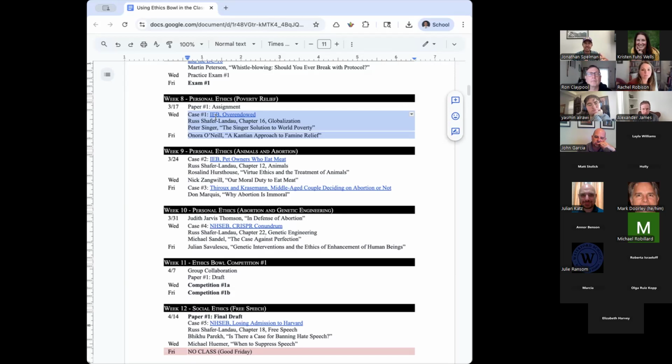It was really interesting to see how the students reacted initially. And then as the ethics bowl gets closer, they have to defend their views and they can change their mind at the last minute in ways that you don't necessarily expect. Pretty early on, a lot of the groups were like, oh, no, you can donate to whoever you want, if you want to donate to your alma mater.